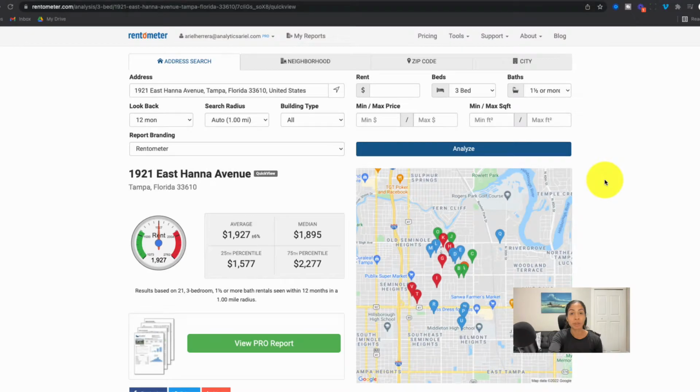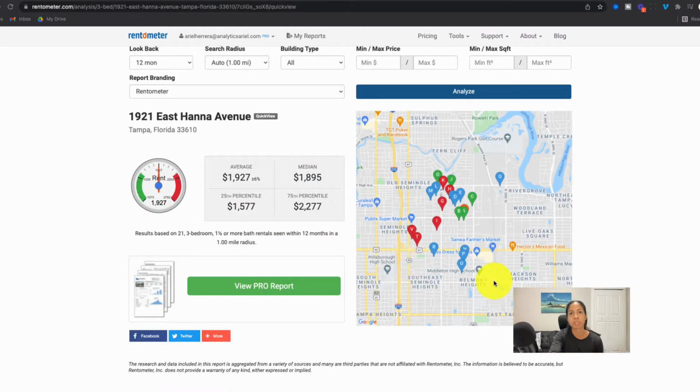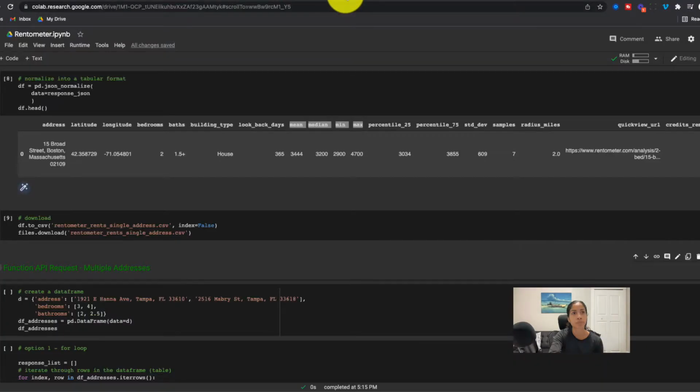Great, so in the last video, we were able to take this information that we can get on Rentometer's page and put it into a Python notebook and get it programmatically. The whole point of Rentometer is that you're able to get quality information on rent data, such as the median, min, and max, and from there you can do your own assessments on understanding if it's something you should invest in or if you should increase your own current property rents. So here we have an example where we're able to see some of that rental information and the properties that were assessed by Rentometer. Now, if we go back to the Python code, what we did in the last section